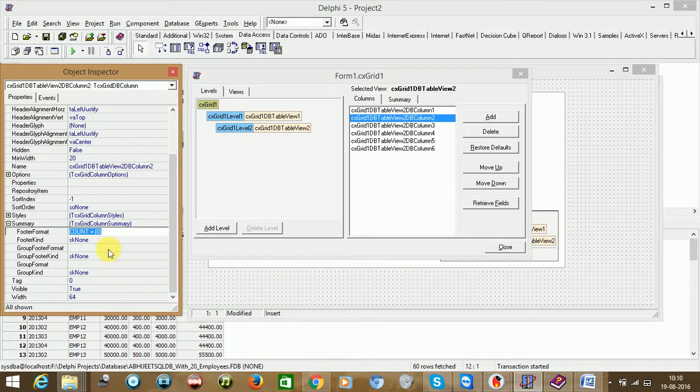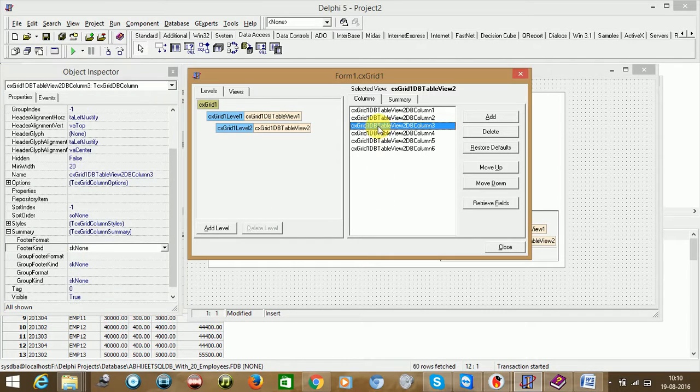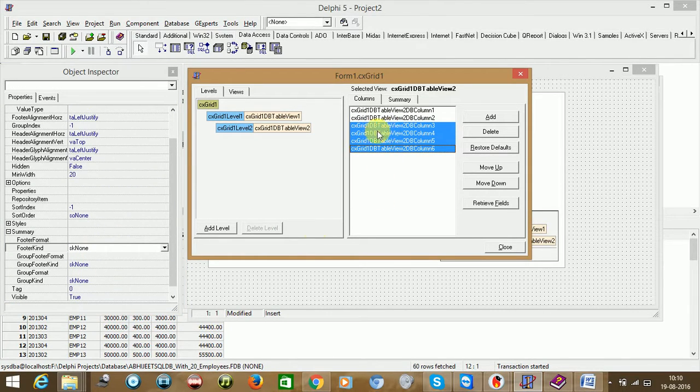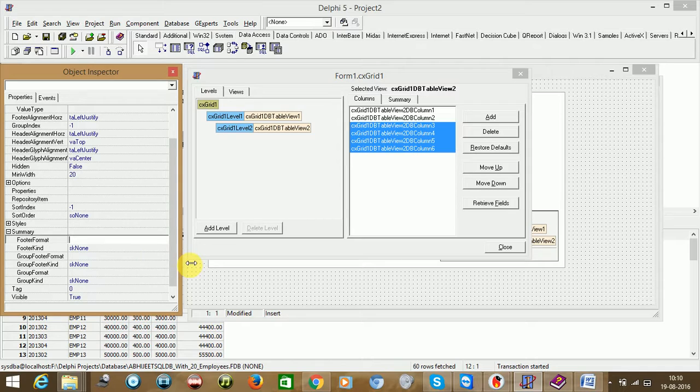That's it. And select from here, the operation should be count. Select all the remaining columns because you are only going to do summation. So just say footer format is equal to sum is equal to 0.00. This is a format, semicolon, minus 0.00. So if it is a positive value, it should display in this format, and a negative value also should be displayed in this format. Just say sum is equal to true,